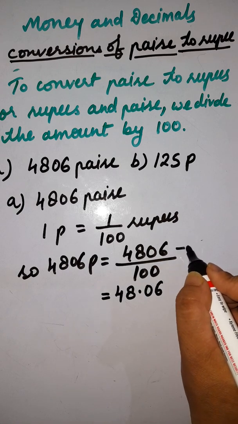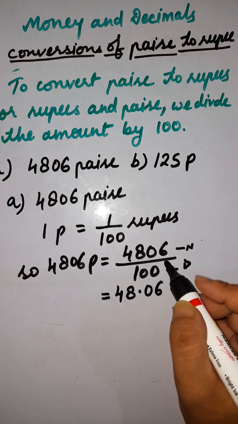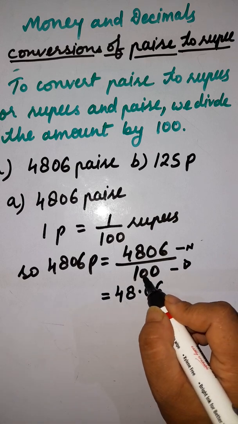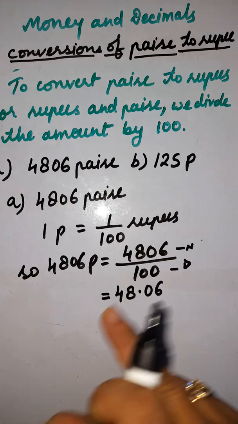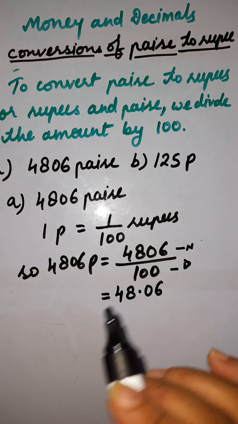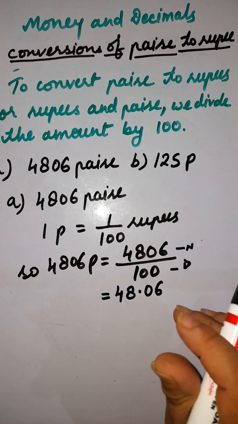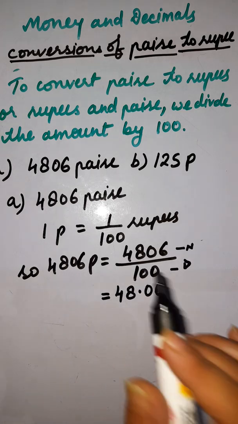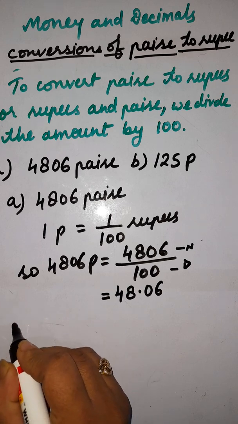This is numerator and this is denominator, and this is fraction. In this fraction, in the denominator part we have 100, and in 100 we have 2 zeros. So we'll put the decimal point before 2 digits. Fine. If we have digits, we'll put the decimal point before 2 digits. If we don't have sufficient digits, we'll put a 0, then write the digit. Okay. Let's take another example, that is